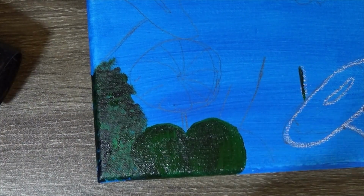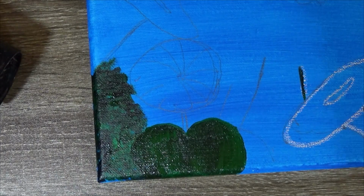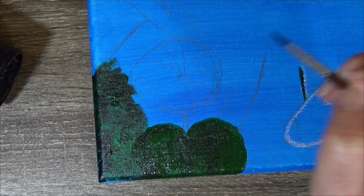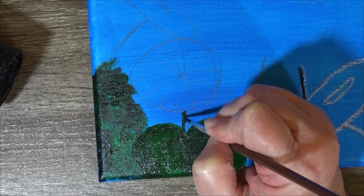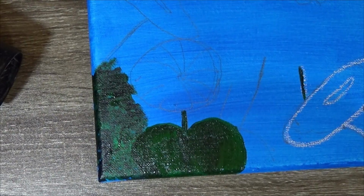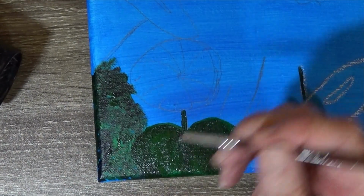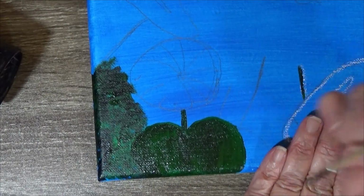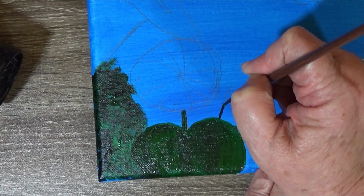Okay, so again, here comes just the green and the tiny black. And I'm just going to fill in what I painted here. It's a good thing that it doesn't have to be perfect, because it would be crooked. Might be crooked with me. All right, I'm putting my hand down here and putting this on because I don't want to touch that wet paint. And I'm just coming up